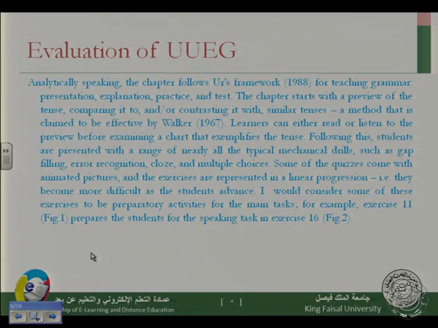You present the rule, the grammar that you want to teach to your students, and then you explain that grammar, and then you give some practice to your students, let them practice the grammar that you are teaching,